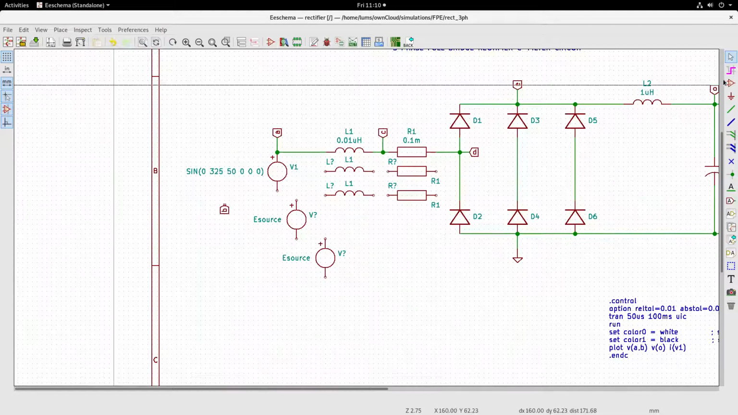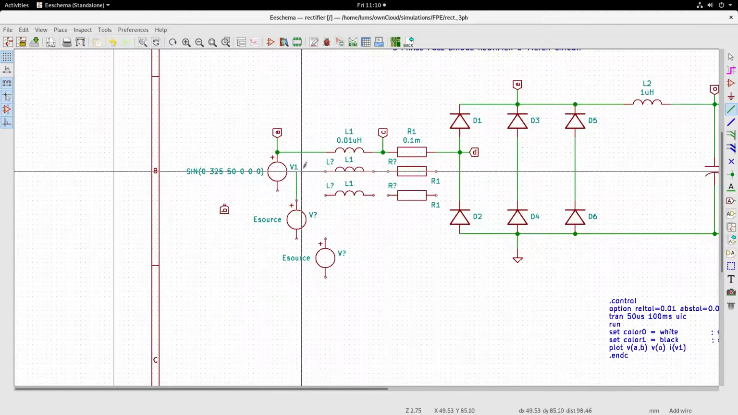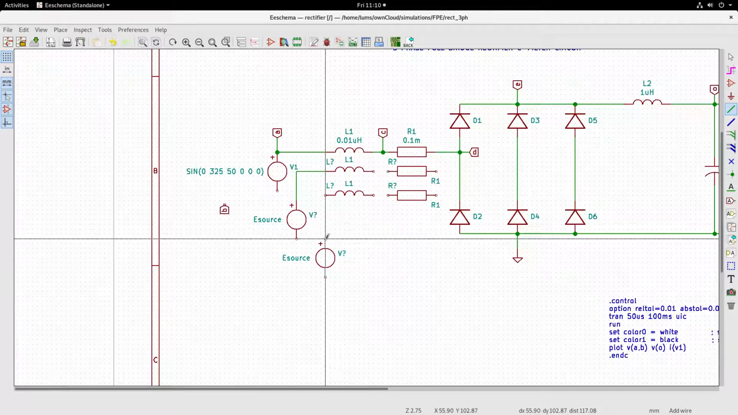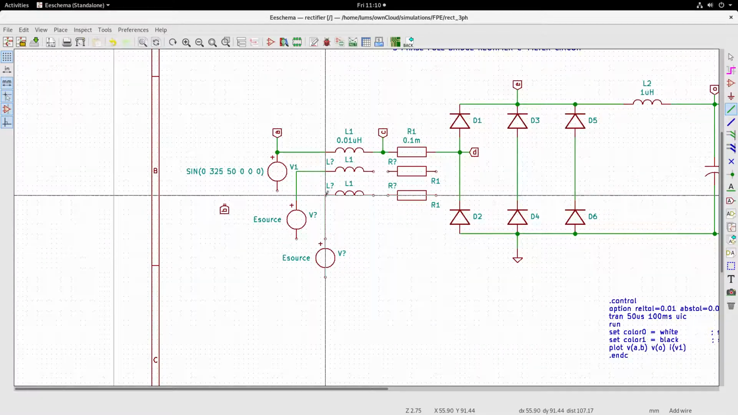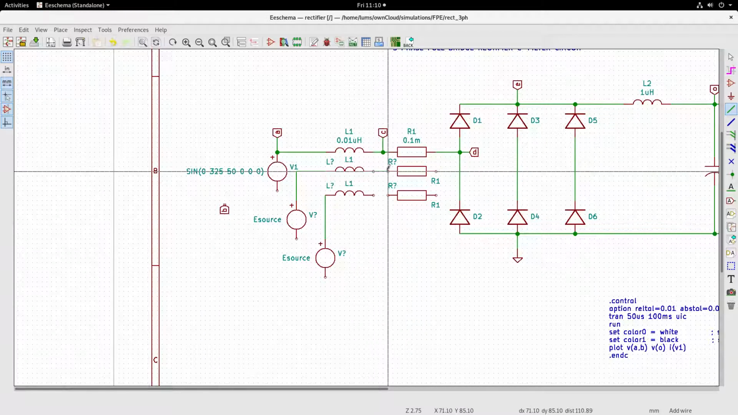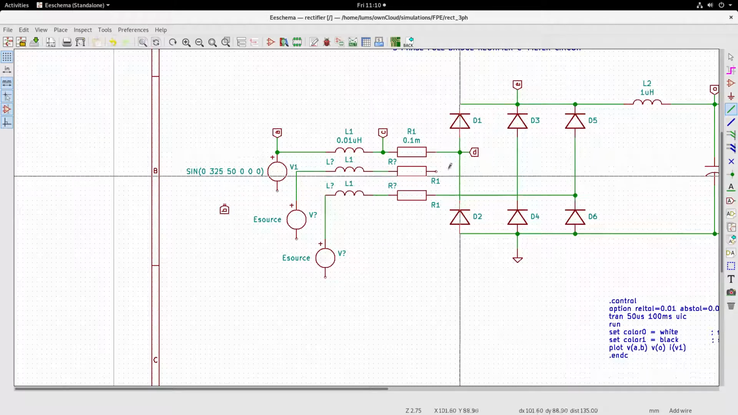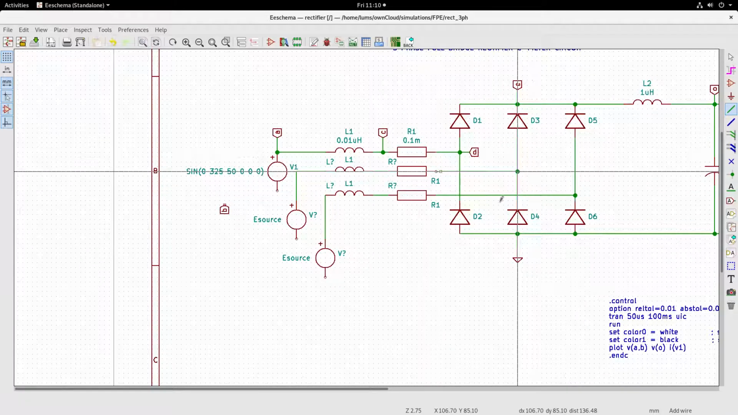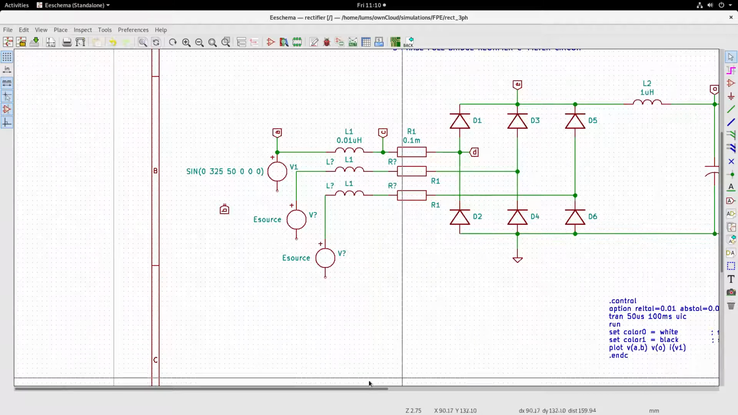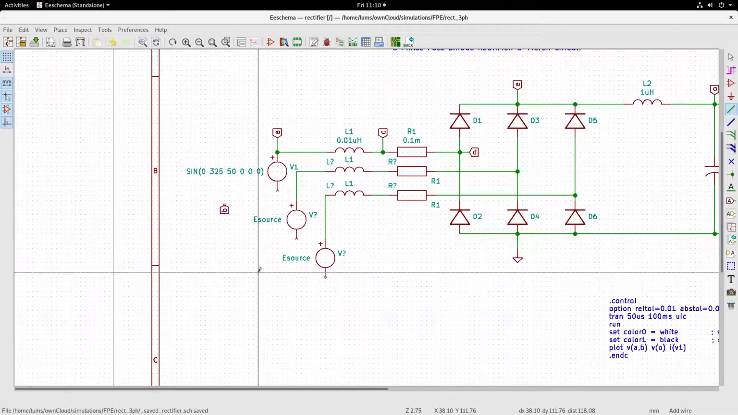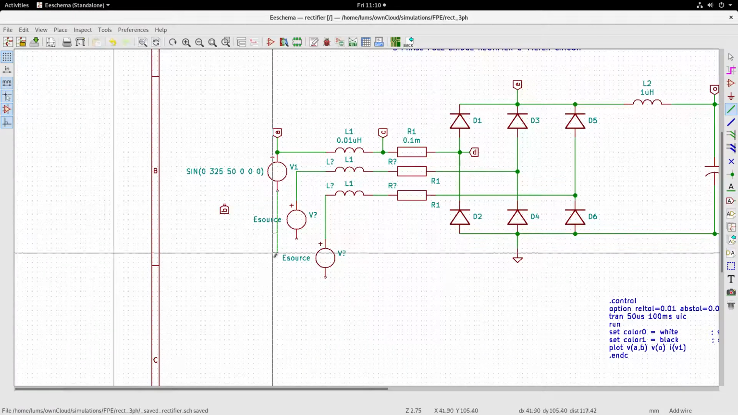So now we need to join them. So let me pick the wire and I will join in this fashion. And I will join this here. So I am joining them to the bridge center points. So this is okay,